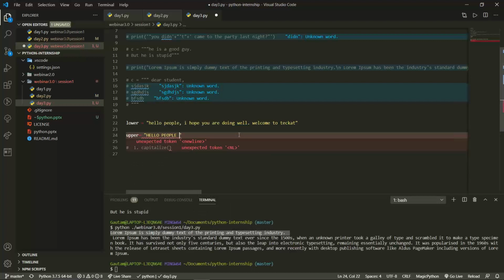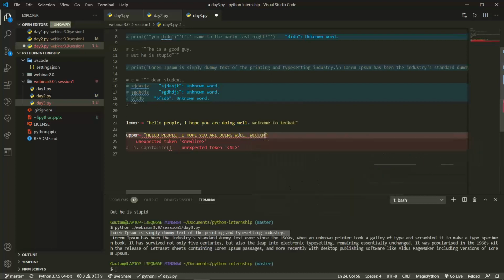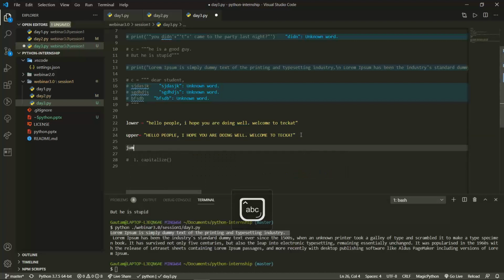I will just copy the same statement. And we will have a mixed case, let it be jumbled case, a mix of upper and lower.